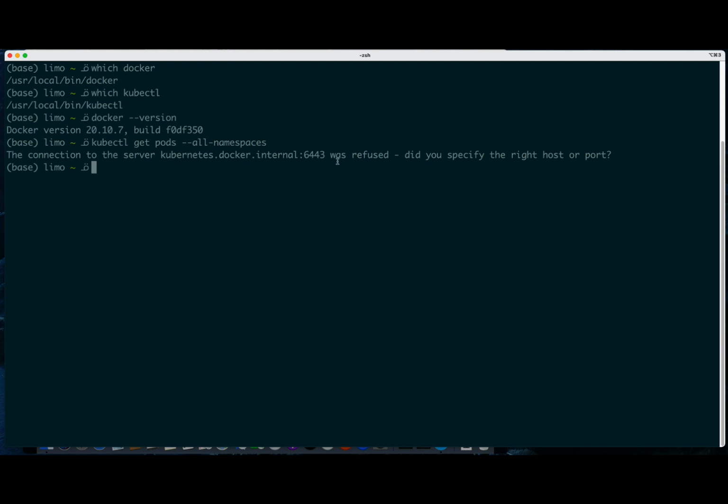The problem here is that I don't have Kubernetes running in this computer. This is a Mac computer. I don't have Kubernetes running. I only have the client. I only have the command line tool. So what do we do then? Well,